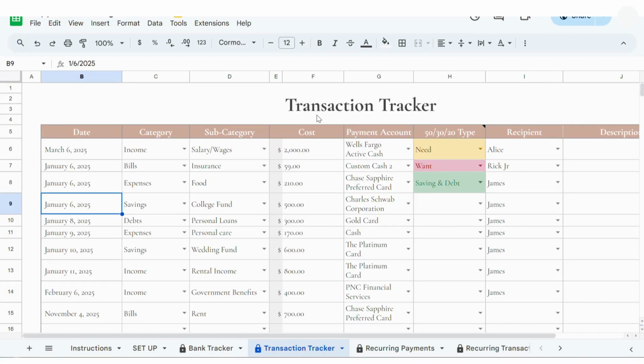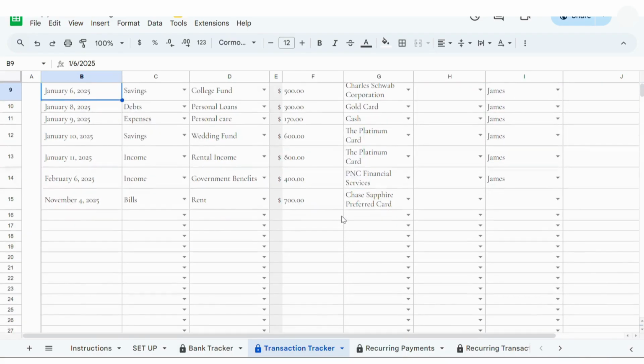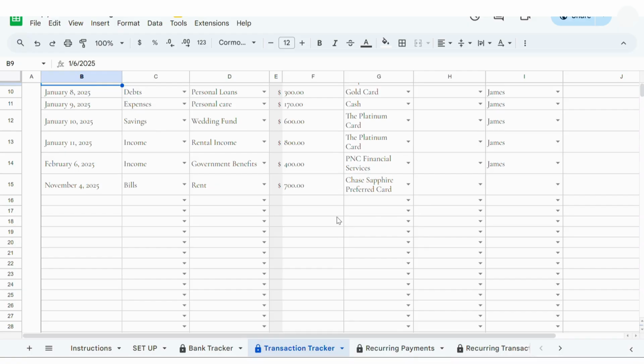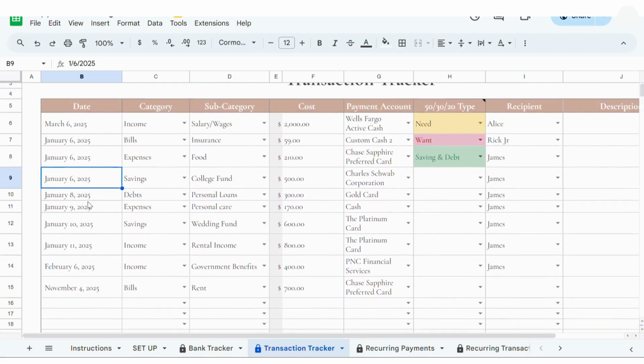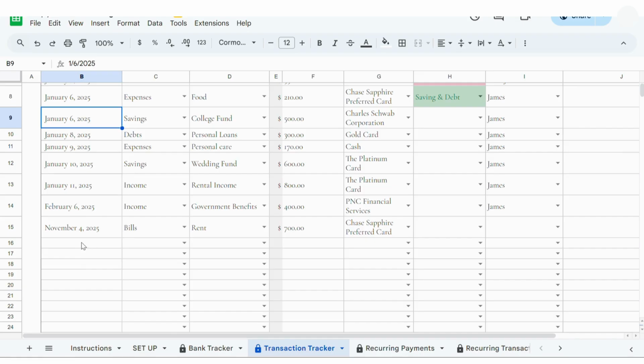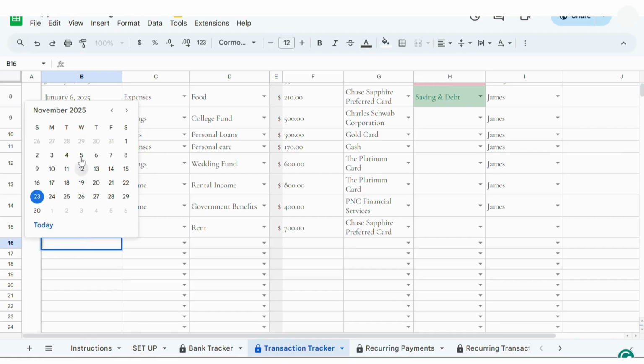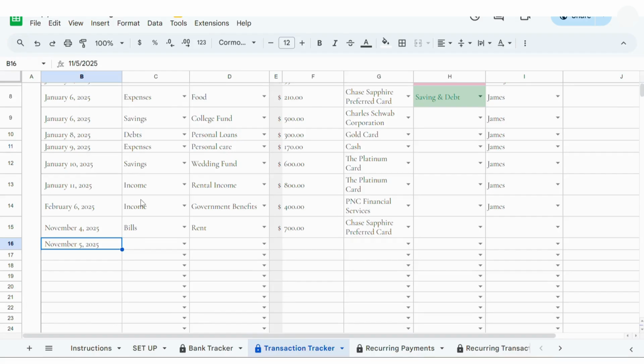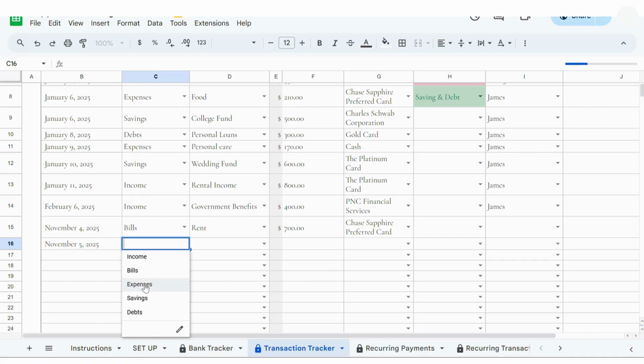sheet. Transaction tracker: you can enter all your daily transactions that you do on a daily basis without any pattern or movement. You can enter that here in this transaction tracker to be noted. So suppose I am going to do a transaction on 5th of November in the category of expenses